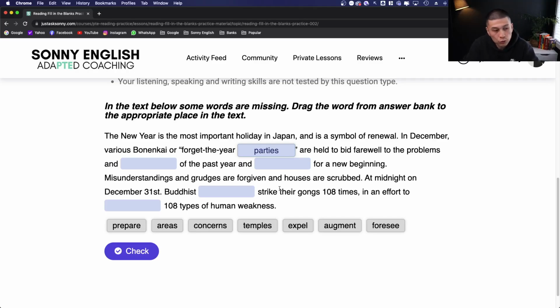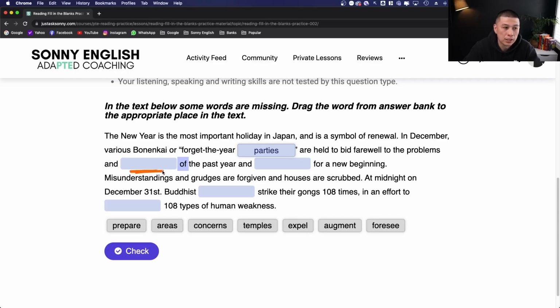Now, number 2. Number 2, we have a clue. What is it? This right here. Whenever you see that and, you got to check. Do we have a comma in front of and? No, we don't. What does that mean? It means that this and is not linking a sentence. So if it's not linking a sentence, whatever you put here, grammatically, it has to match whatever you put in the front. Because we have a preposition right here, more than likely we're looking at a noun here.